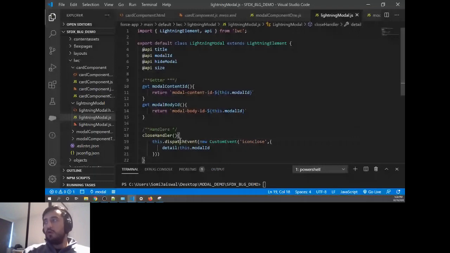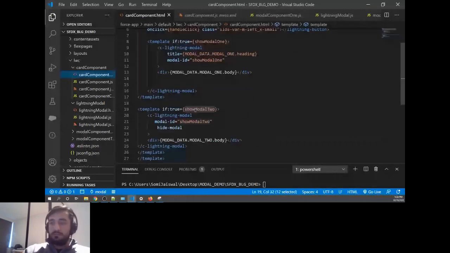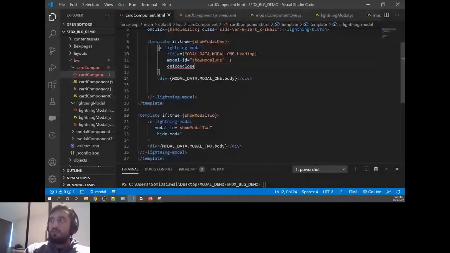Whenever you call an event in the HTML, it should always start with the on keyword, like on click and also on icon close. The event we created is icon close, but in the HTML we call the event with the on keyword. So we are saying okay, whenever this custom event gets called, what we want to call is the cancel handler. We'll create this method, and the same thing I'll copy paste for our second model, that is close handler. I'll go to the JS and quickly create the event cancel handler.